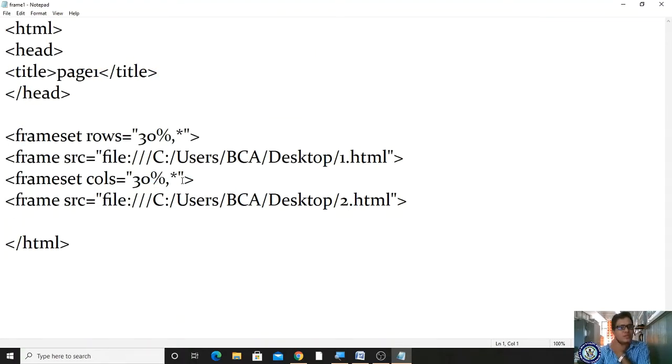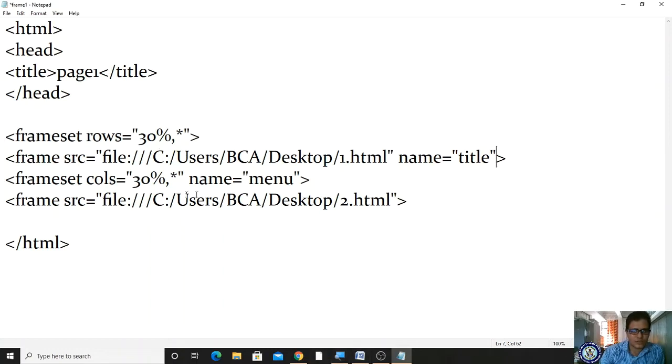Here I am giving the name. What is the name I am giving? This is the name for the first file, menu. Okay, and for this I am giving the name title. For which frame have I set the title? This is for the row.